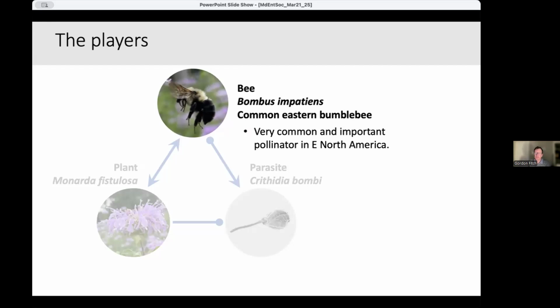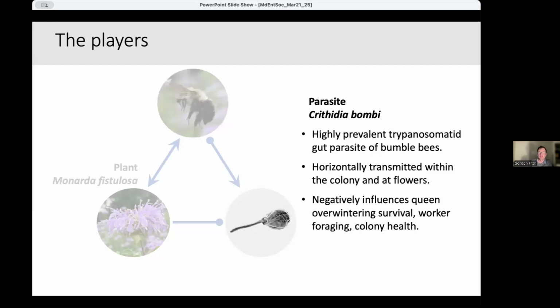These bees are host to lots of different parasites, but the one that I am working on primarily is called Crithidia bombi. This is a trypanosomatid that's related to leishmaniasis and Chagas disease, the two tropical human diseases. This one has a simpler life cycle than those, which have multiple hosts. Crithidia just completes its whole life cycle in a bee by latching onto the hindgut and extracting nutrients from the lining of the intestinal wall.